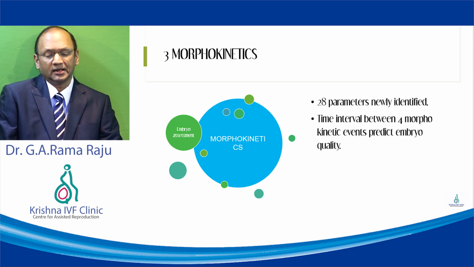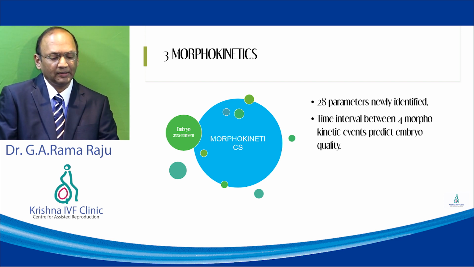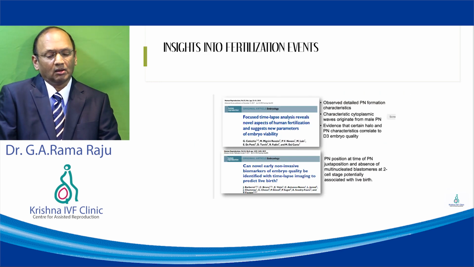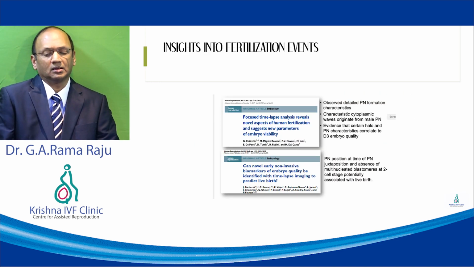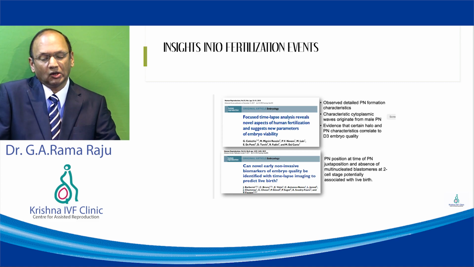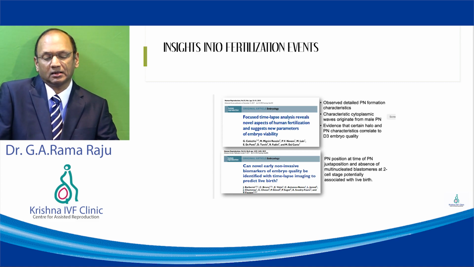Here the green lines show that these are already scientific data showing the predictive parameters. The green lines are already proven in publications, and the red lines are not yet predictive. What does the scientific data say? The scientific data says that focused time-lapse analysis reveals a novel aspect of human fertilization and suggests new parameters of